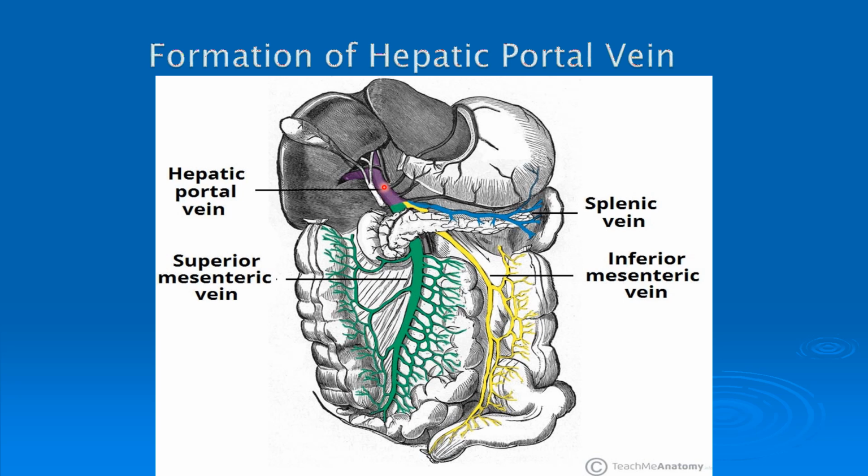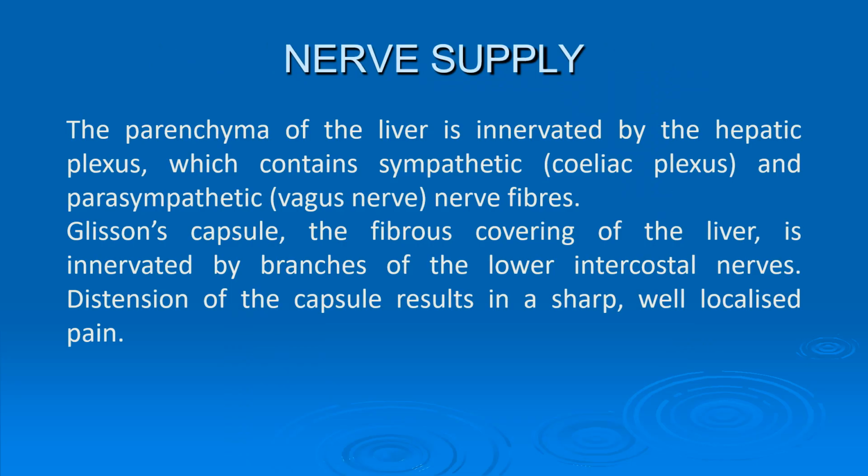So here, when the portal vein is distended due to interruption of blood supply to the liver, this is the liver, the blood will accumulate here, it causes pressure here, and that is called portal hypertension. As a result, all these veins will become distended and may rupture. About the names, we will see later in this video.